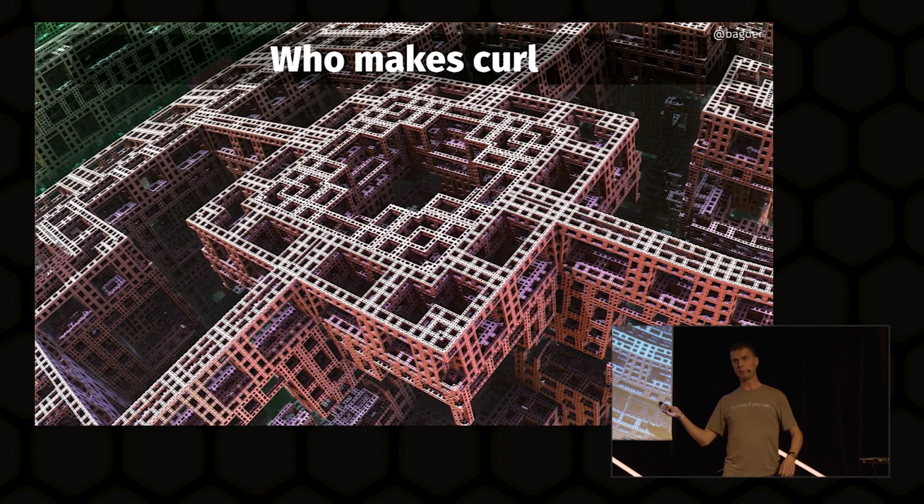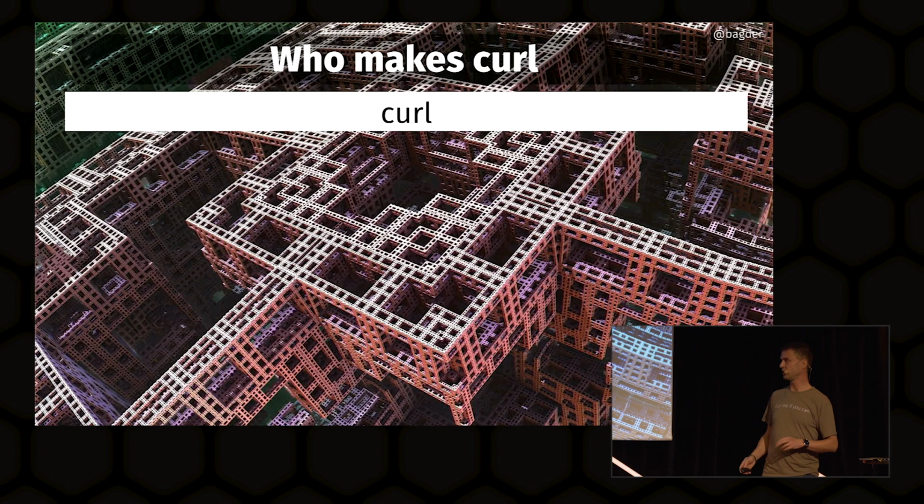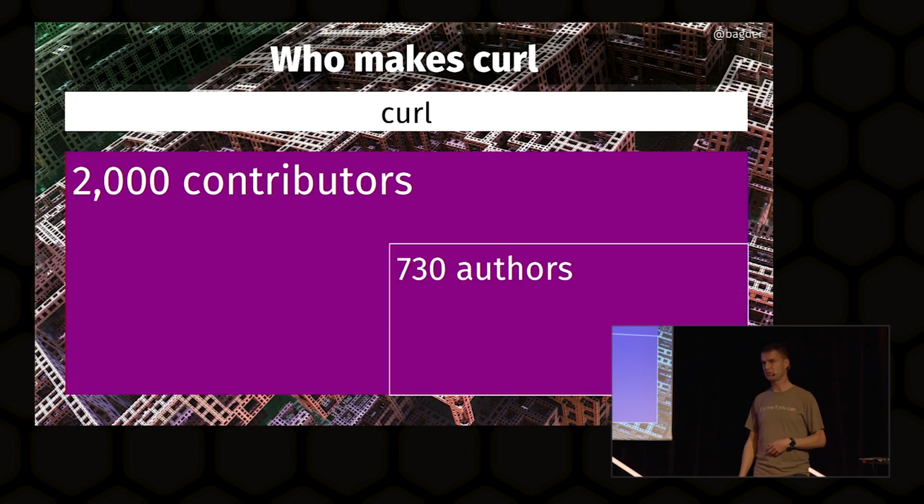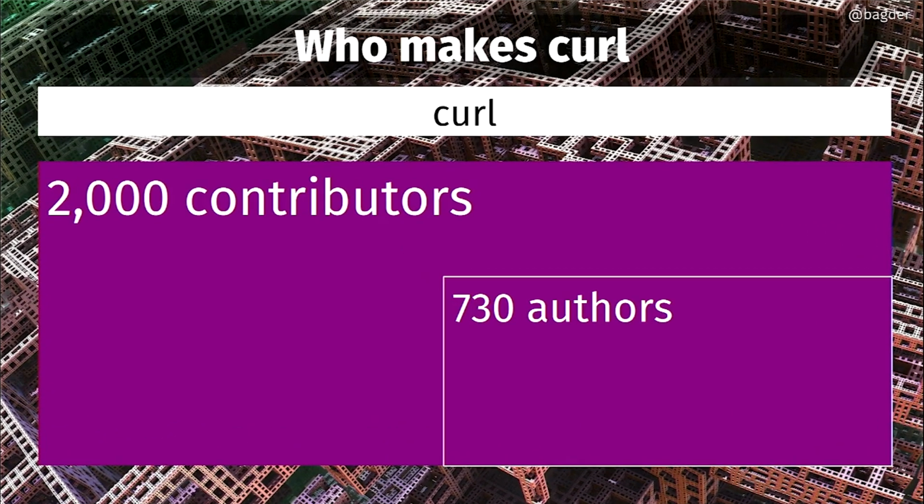So as I said before, we're nowadays more than 2,000 people who have actually contributed to the project, in the sense that you have helped out in some way, written code, written a bug report, come with good advice or had a brilliant idea. And out of these 2,000 people, there are about 730 humans who have written code that has been merged into Git. And out of these 730, there are about 150 per year actually contributing code. Most of them, again, are single-shot contributors. So most code authors bring one patch once and never again.